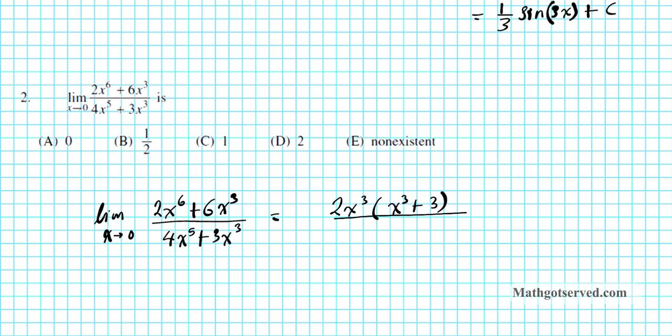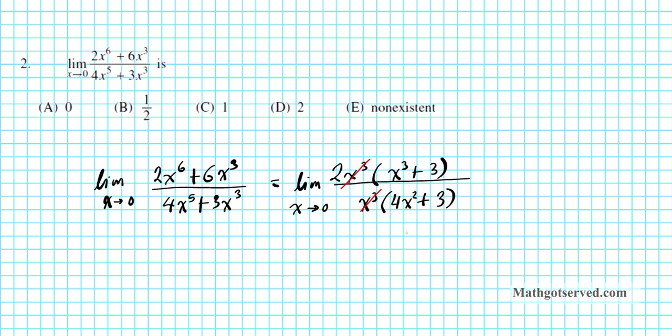And then in the denominator, you take out the GCF. It's x to the 3rd times 4x squared plus 3. Okay, let's not forget the limit as x approaches 0. Alright, what you see happening here is that we can cancel out the two common factors, and now we have this limit right here: limit as x approaches 0 of 2 times x to the third plus 3 divided by 4x squared plus 3. And you notice that that discontinuity is actually removable because if I plug in 0 into this function,